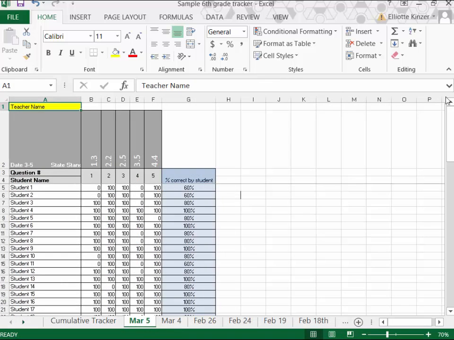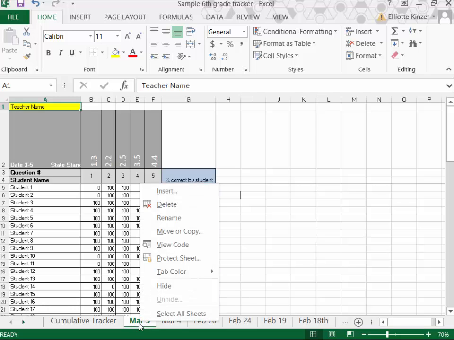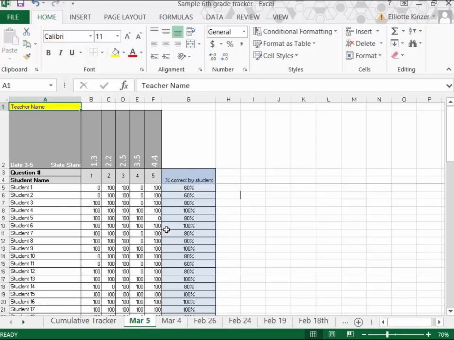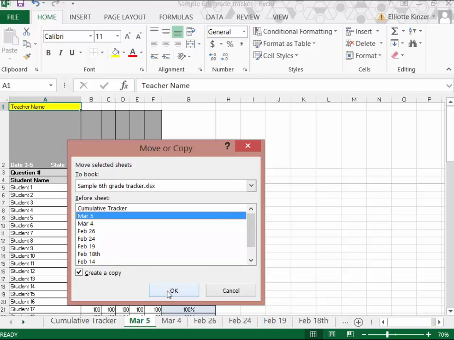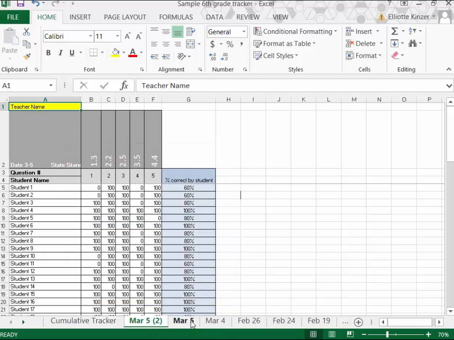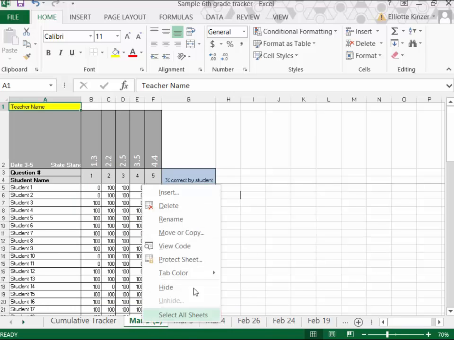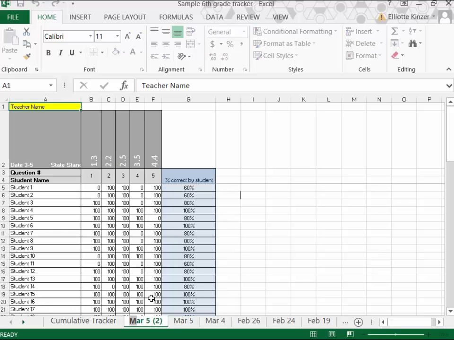So let me show you how to do that in the quickest way. So I've given a test here on March the 5th. Say I'm going to give another one on March the 10th. I come to this tab name, right click, and say move or copy, create a copy, and I'm going to put it before sheet March 5. So you'll notice now I have one March 5th and one March 5th (2). I'll right click that tab again, rename,